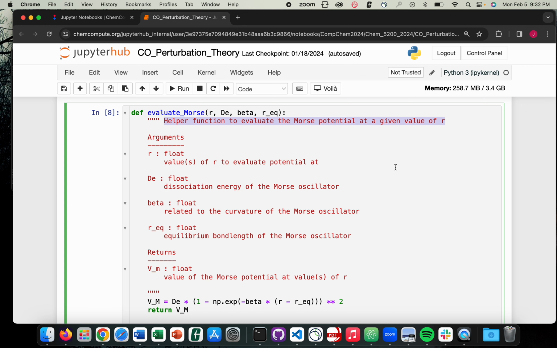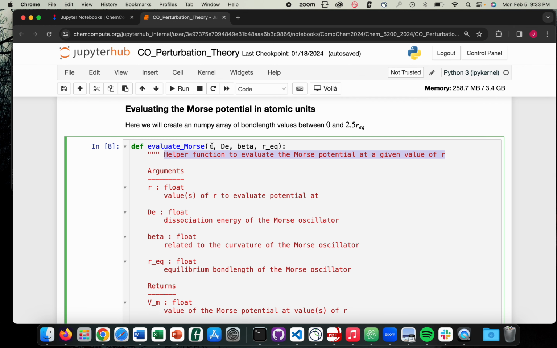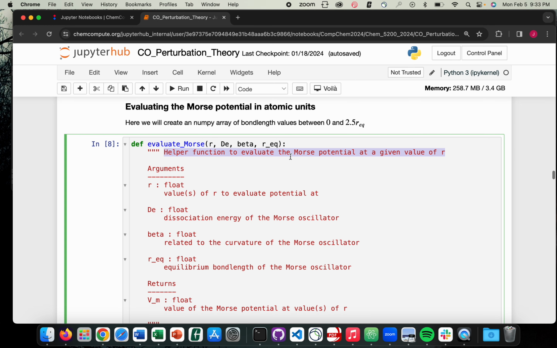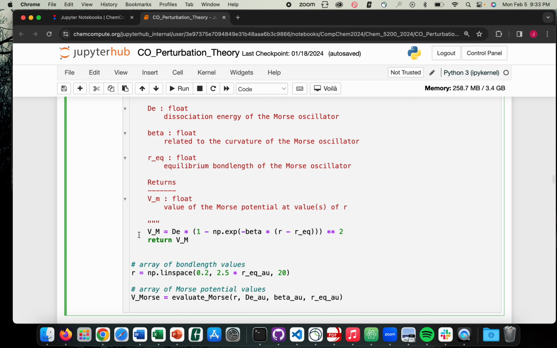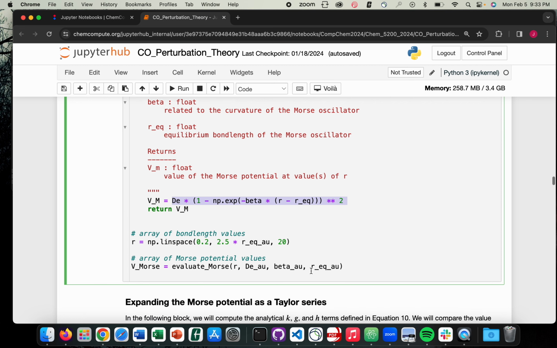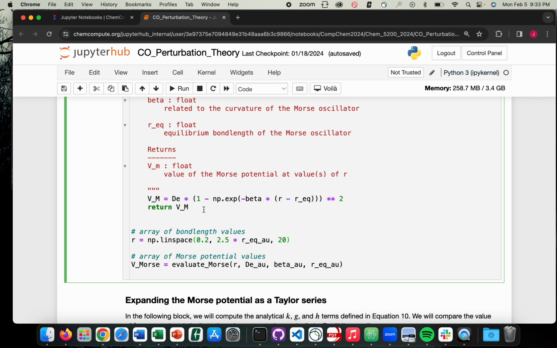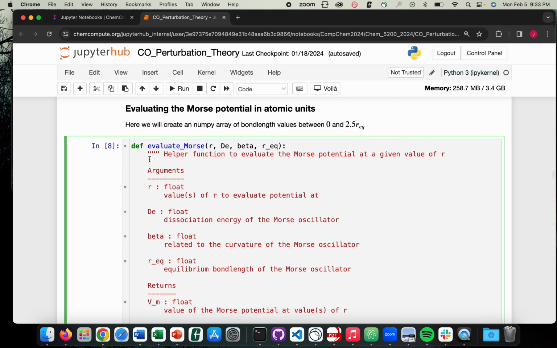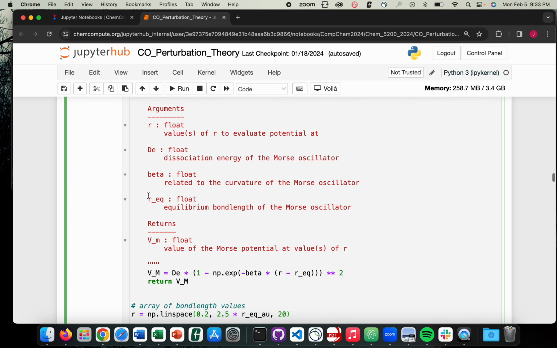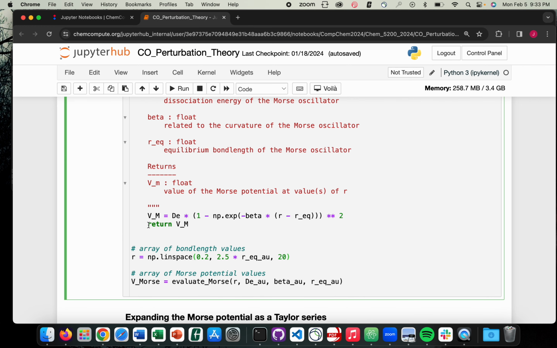So you don't necessarily want to think that these values are being passed in any particular unit system. You just simply want to assume that they're in a consistent unit system, so that all you have to do is really evaluate the math. Okay, and so that's what we've done here. We've just basically applied the expression for the Morse potential right here. And then now what I'm going to do outside of this function, so you can see that this is all within the function because it's at this level of indentation,